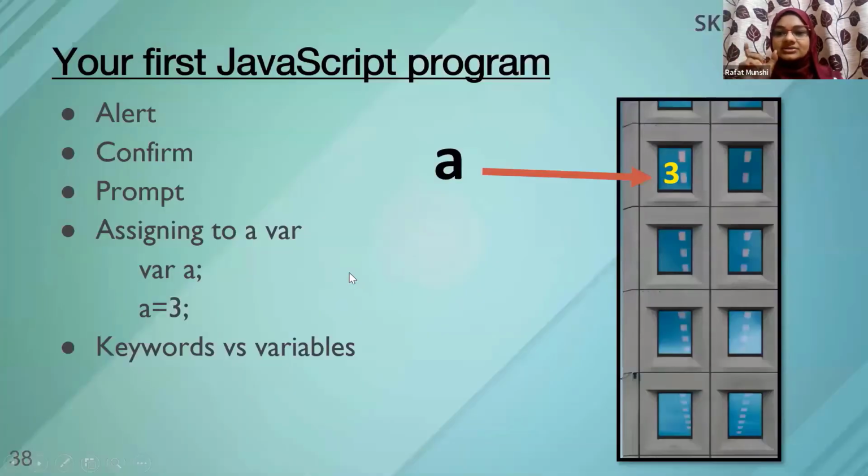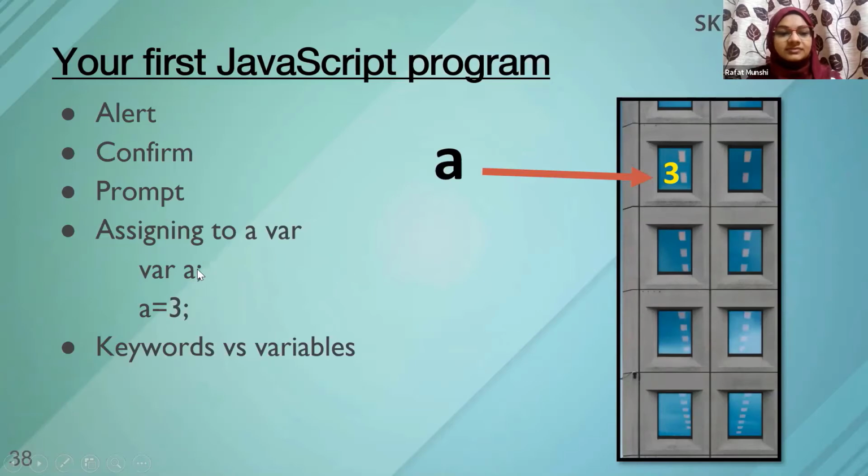I showed how we could assign some value to the name, right? That's something which I showed you. So how does that get assigned? Basically, in your computer memory, let's say all these blocks are your computer memory, and in these different blocks, you are essentially creating a variable with a particular name. Let's say A. If I write var A, it means A is the name, and A is pointing to a particular memory. And if I assign any value to A, I can assign an integer 3, and that 3 would reside in that memory.